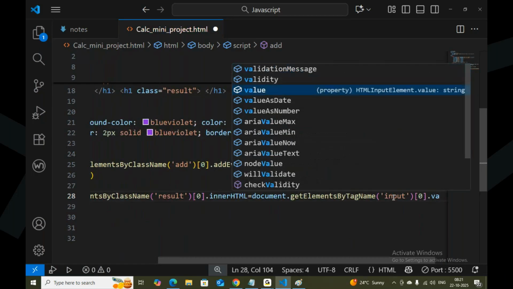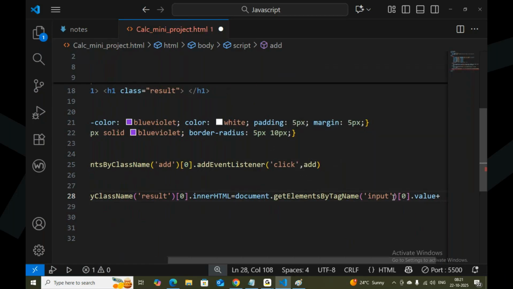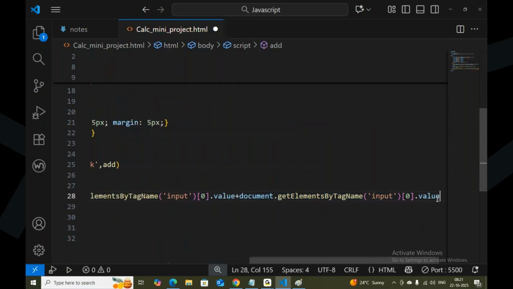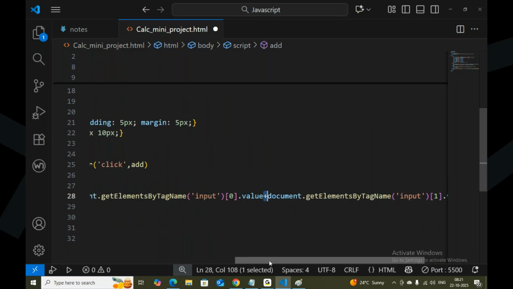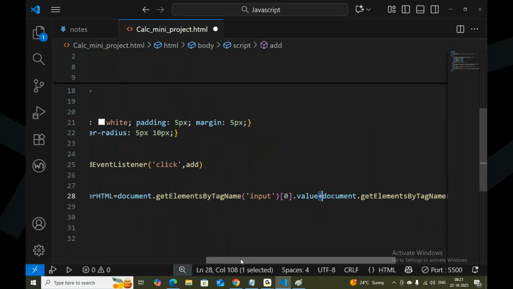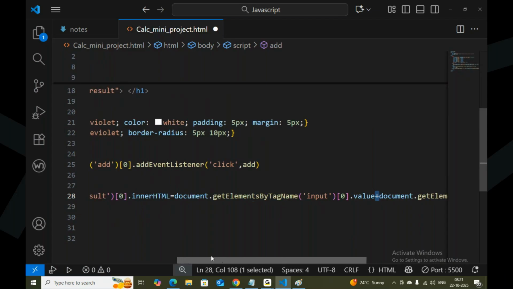So whatever value you entered, plus another input: document.getElementsByTagName input of 1 .value. But here my operation is plus, because we are doing addition. The first input box value plus the second input box value. Two input box values I am adding